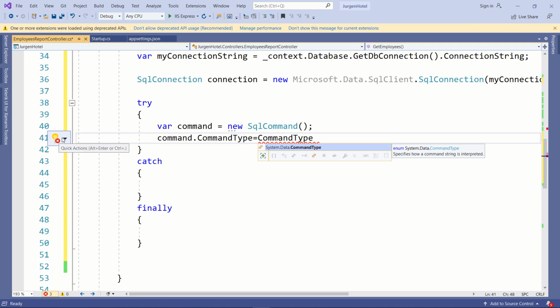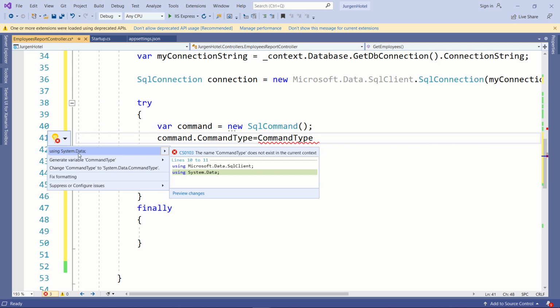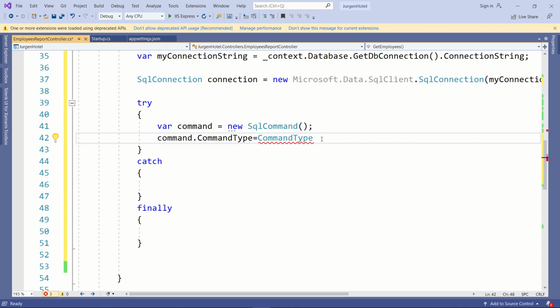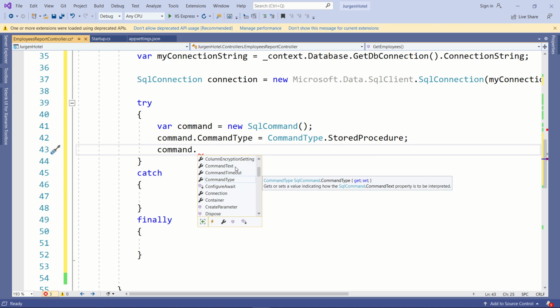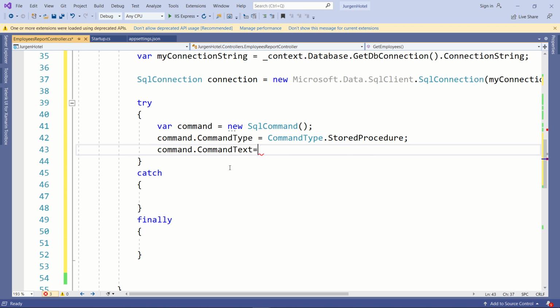So then I import the system.data namespace, command type dot stored procedure. command dot command text equals